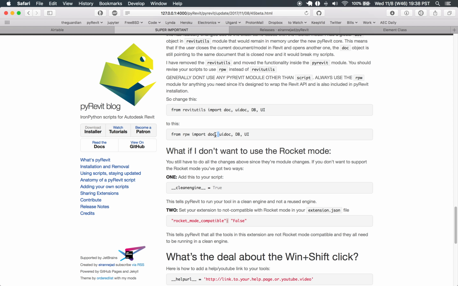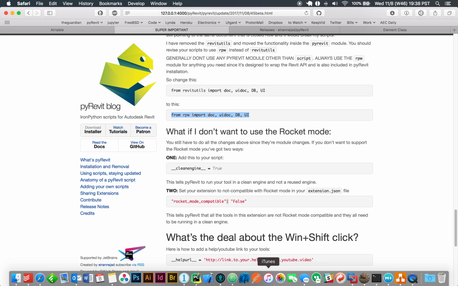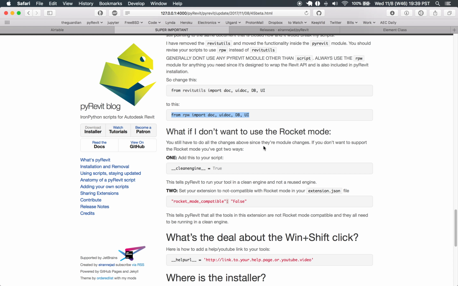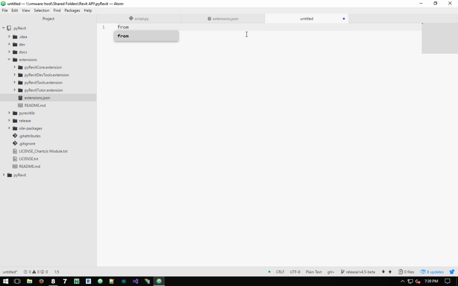There's only one catch with this. As I explained, currently RPW hasn't been updated for the Rocket mode. So your script might break if you are doing this in Rocket mode. What I suggest is that instead of doing this, I'll update this, so I provide this suggestion also. But what I highly suggest you doing is say from RPW import revit. And then this revit is an object, you import that, and then